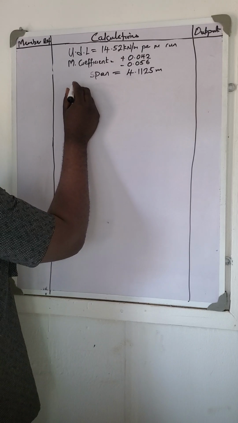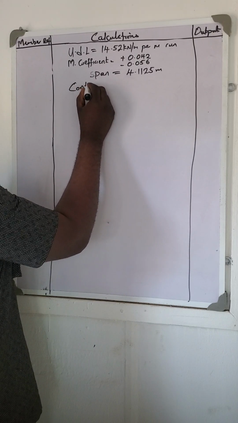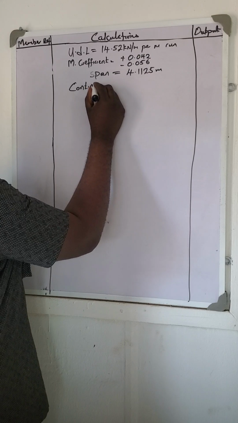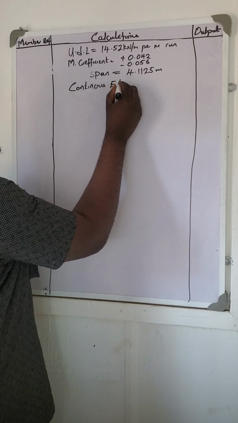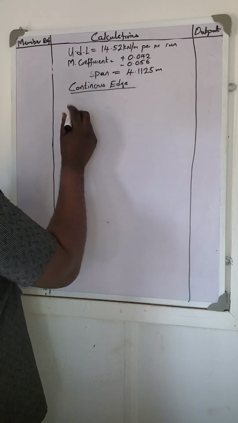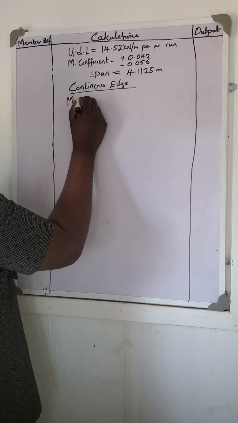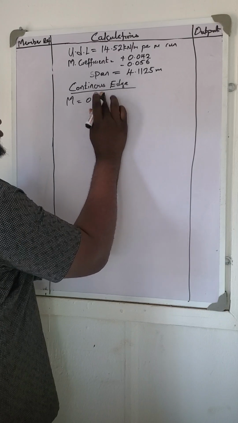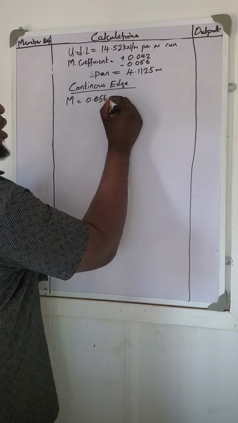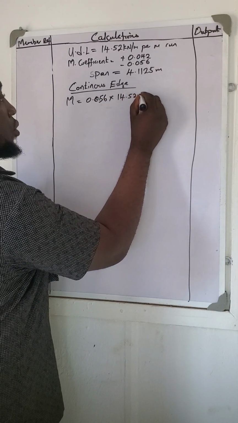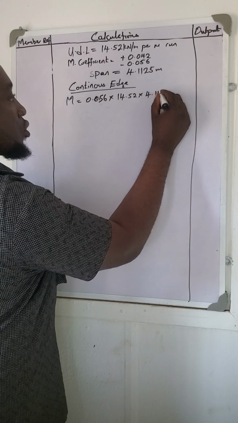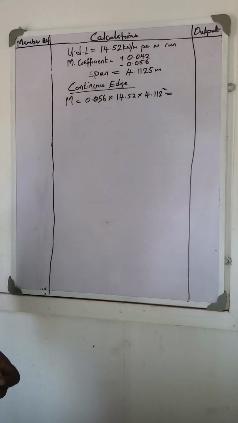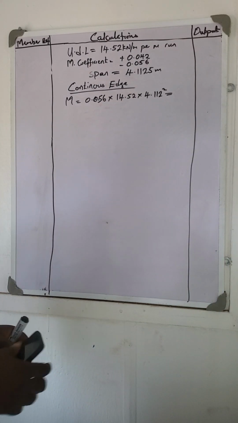Right. Now what we'll do next is to calculate the continuous edge moment. So you put here continuous edge. All right. So your moment is equal to 0.056 multiplied by 14.52 multiplied by 4.1125 squared. If you compute with your calculator, this one will give me